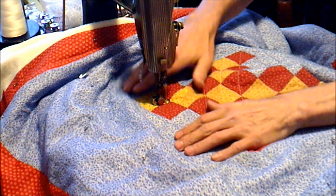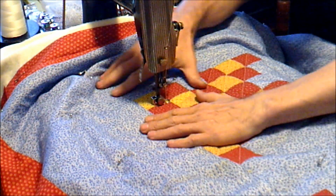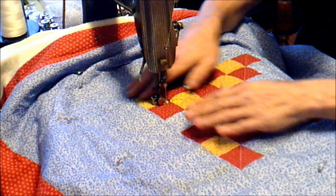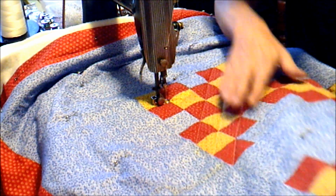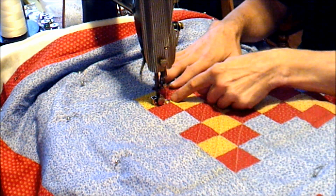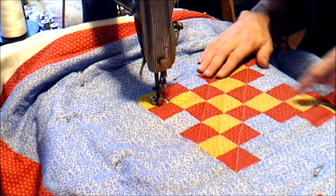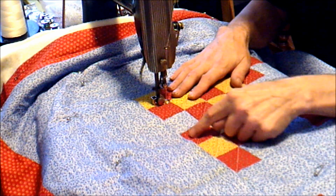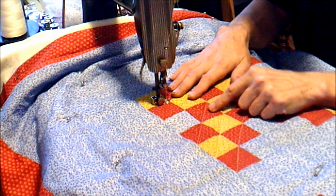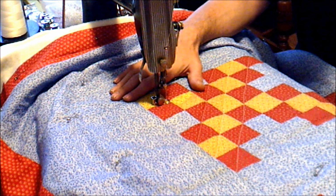I'm working on the start of the quilting on this Irish chain quilt. The first thing I'm doing is quilting diagonal lines through the square blocks. I'll go back and do some other quilting in here, but the idea behind doing all these lines first is